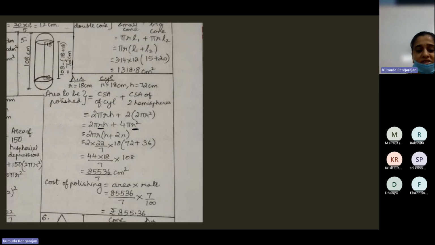So on working, substituting and working, I get 85,536 by 7 centimeters square. Don't convert that to a decimal because that's not the final answer. We have to find the cost of polishing. So that is given to be